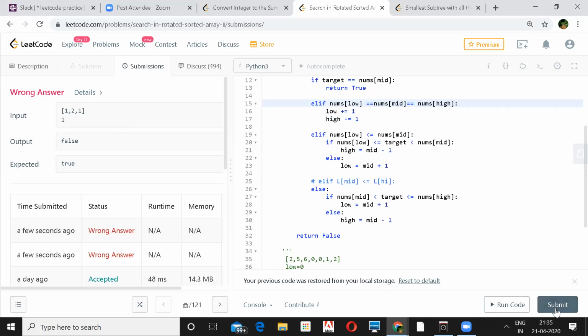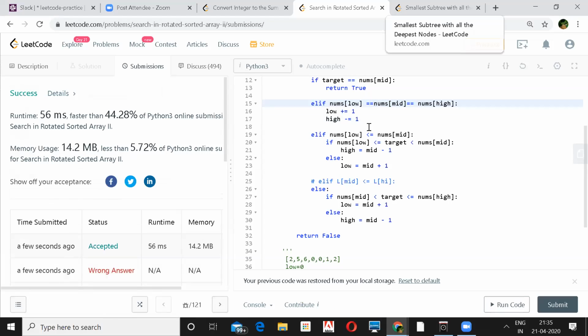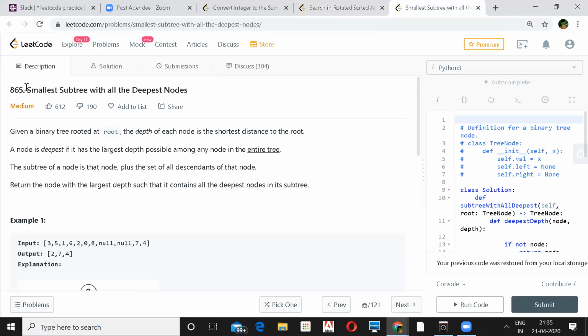Okay, we can switch to the next one. Next one is smallest subtree with all the deepest nodes. Given a binary tree rooted at root, the depth of each node is the shortest distance to the root. A node is deepest if it has the largest depth possible among any node in the entire tree.